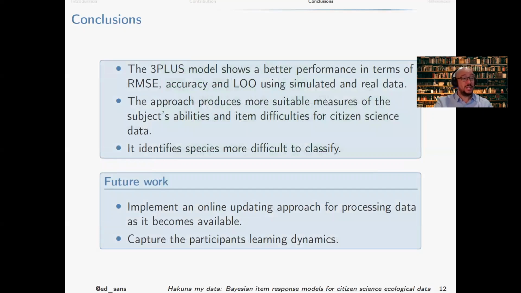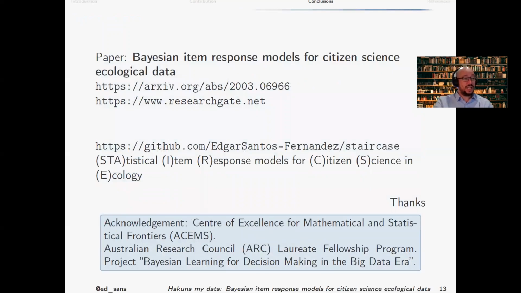Summing up, this new family of item response models provides better measures of the citizens' abilities and the difficulties associated with species and locations. If this topic is of interest, you can find the manuscript on arXiv, and the implementation and our codes are on a GitHub repository called